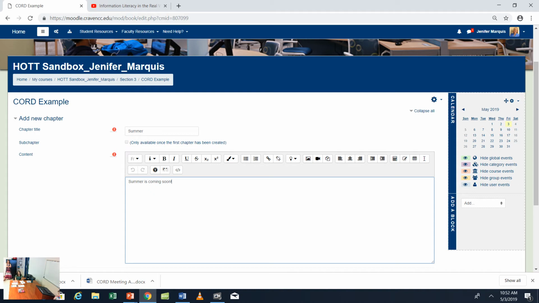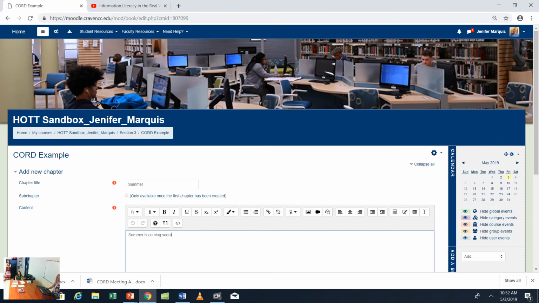And notice what I can do, like I would recommend doing this depending on what you're trying to teach your students or what you're trying to do with this book. Use the tools. I mean, I can add a picture, I can add a video, I can add whatever I want. I have all the tools available to me. I can format my book, all the same things we can do anywhere in Moodle. And that will format it on my page of the book. So make your books interesting, right? Put some cool multimedia in there and everything like that. But for today, we're just going to keep it super simple, just because the point is to show you how to do this, not to get super fancy or anything like that. So this is the content.